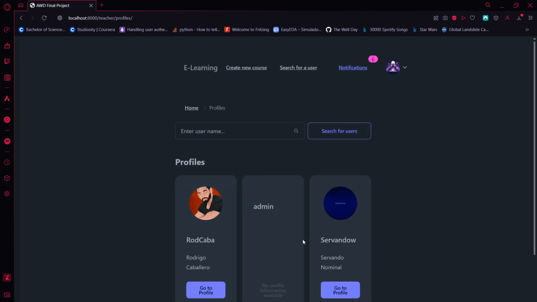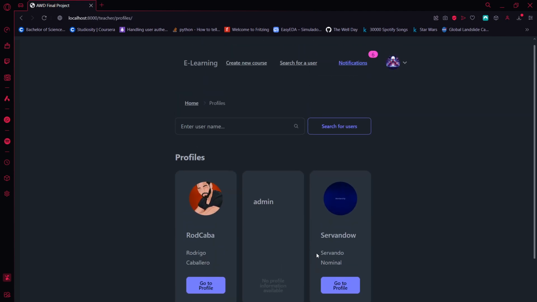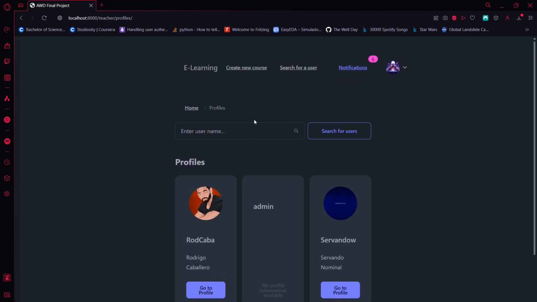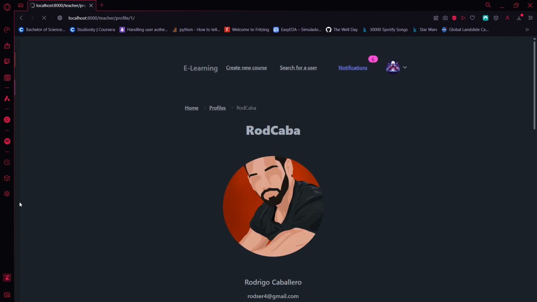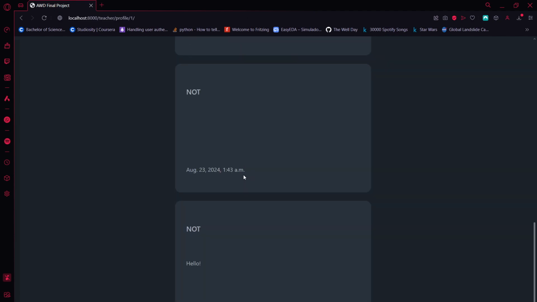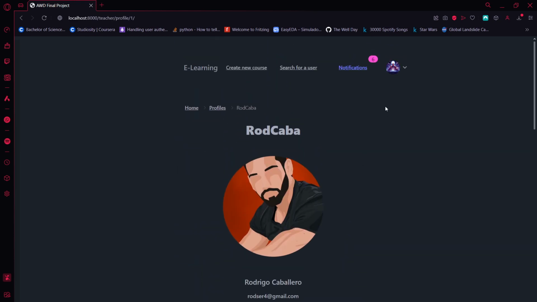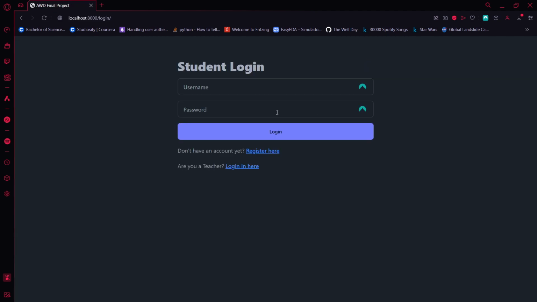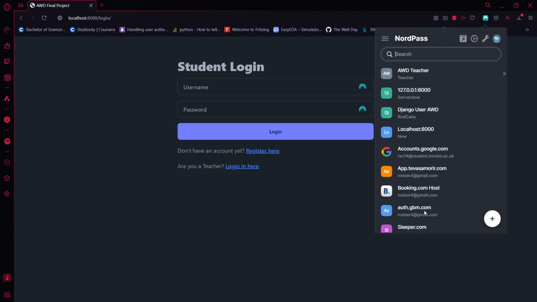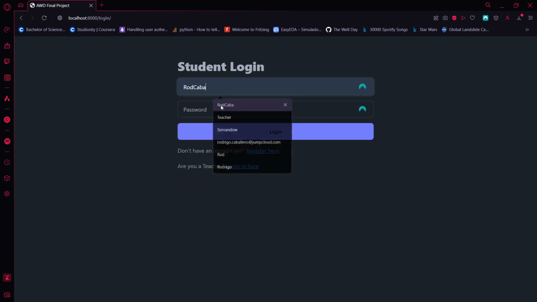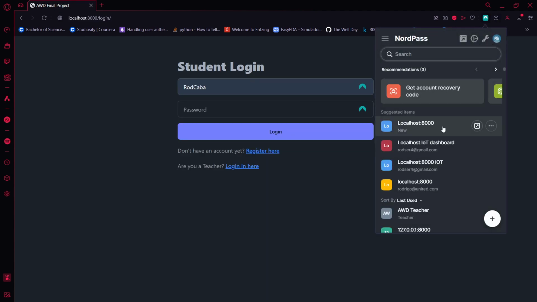We can actually, as a teacher, go look for profiles if you want to have a look at students or teachers as well, and go to their profile and see, hey, here's the student, and here are his updates. So that's cool. Let's go and see the student side of things. So if I go ahead and log in as a student,